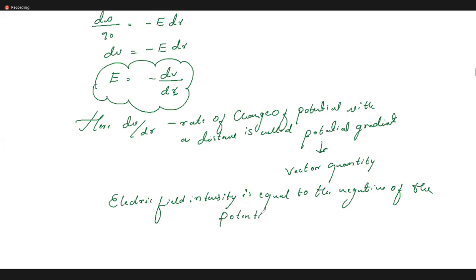So in the CBSE and the PU also, if the paper is difficult, this question will be there in a different manner. Show that the electric field intensity of a particle is equal to the negative of the potential gradient. They may ask like that, or what is the relation between electric field and electric potential? Then you also need to derive this. Is it clear, students? Yes or no?